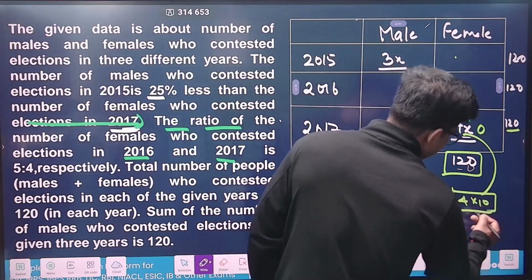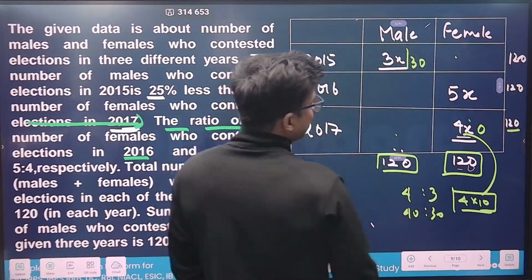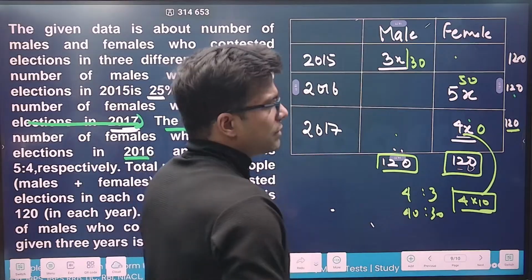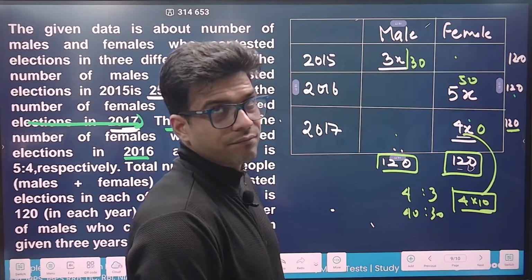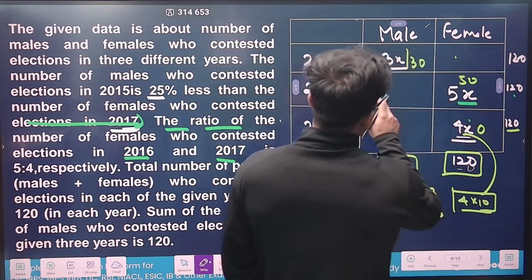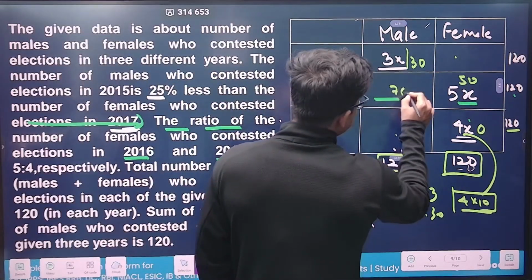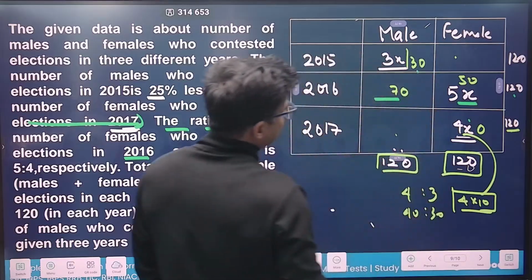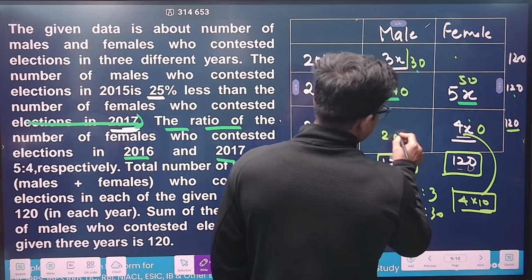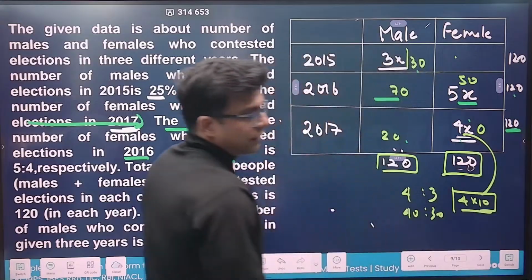If the value of x is basically 10, now see the logic. If your value of x is 10, then this value would be 30. Correct? And then this value would be 50. So 120 and 50 you are getting. So basically how much is left? Come on, say, how much is left? If you are having this value as 50, then what you will put here, that you will get 120, 70. Okay. Now this is basically 70 and this is 30, you got 100, then this value would be 20. But 40 plus 20 does not give you 120.